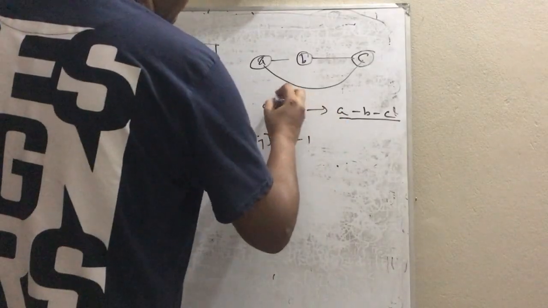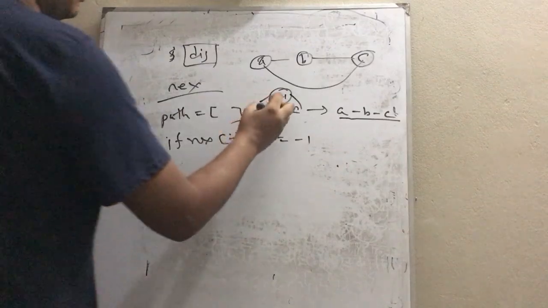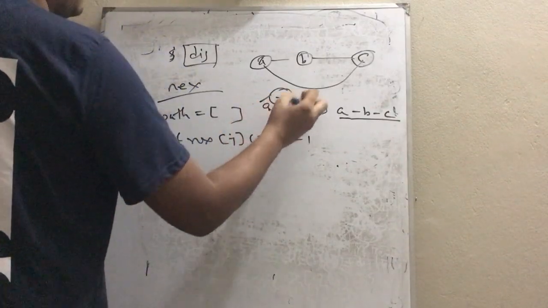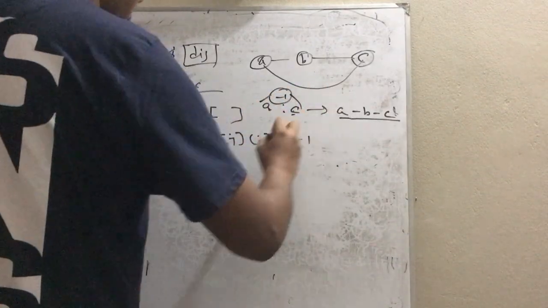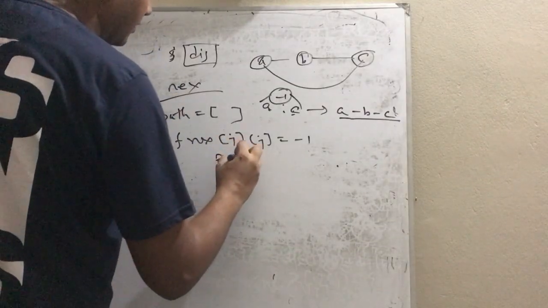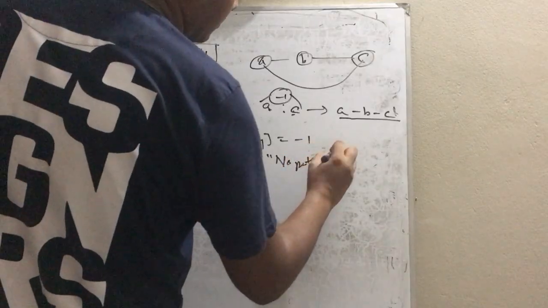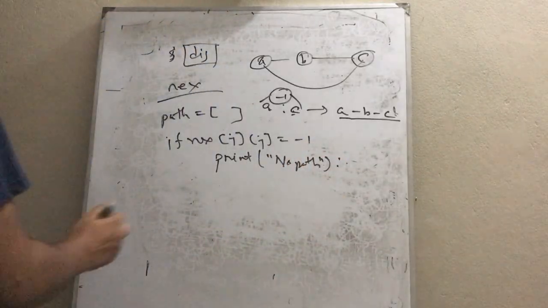So A to C is -1. That means there is no connection between A to C, via middle or direct. No connection. So print no path. Done. Else